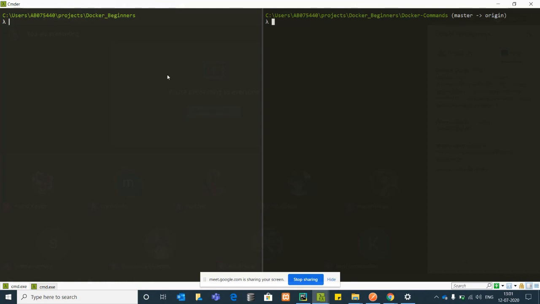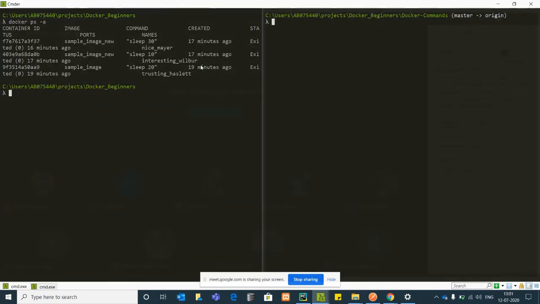So I have this docker ps -a. Now this is a container. So I'll just say docker save, output file name.